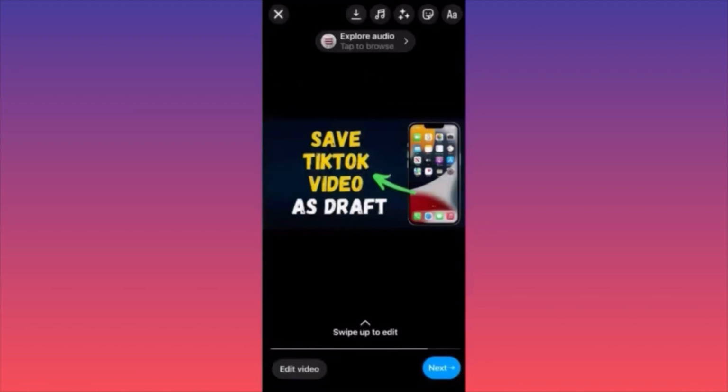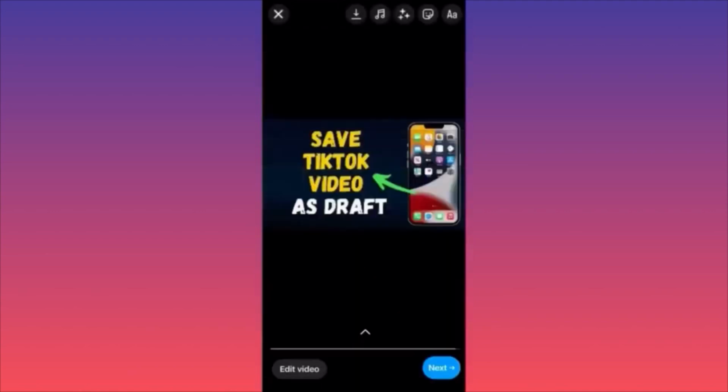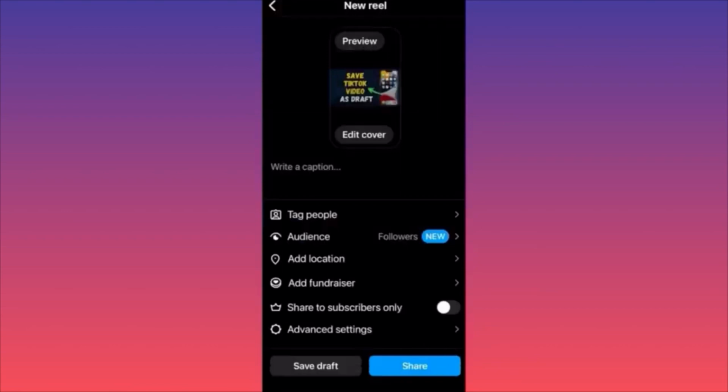Over here you can also have a couple of options. You can include some stickers, polls, ask questions, you can put the time. Anyway, you can add some text. You can actually download the reel with this phase as well. What we're gonna do when we're ready with all this, we're gonna click next again, and this is the final